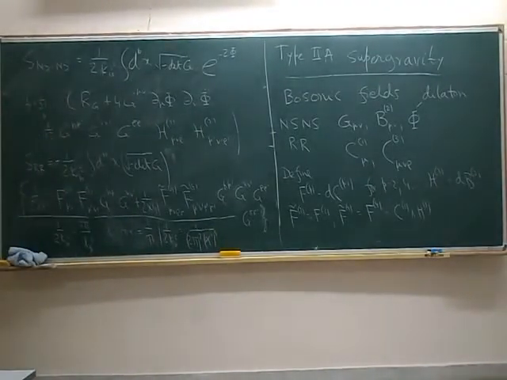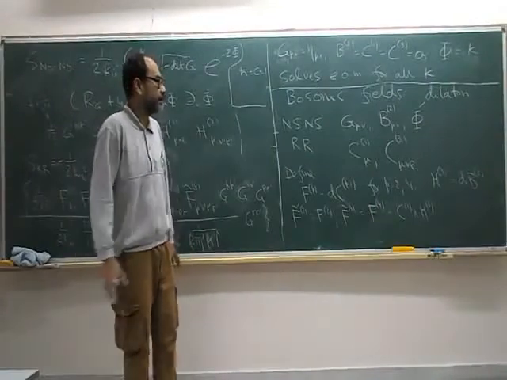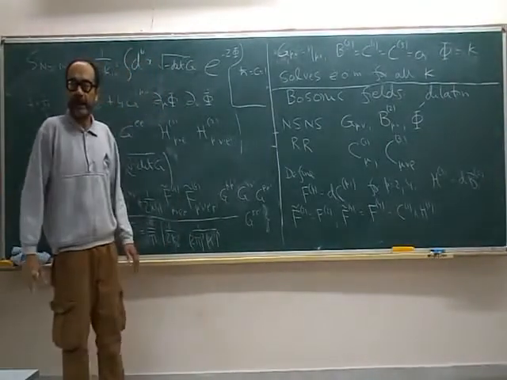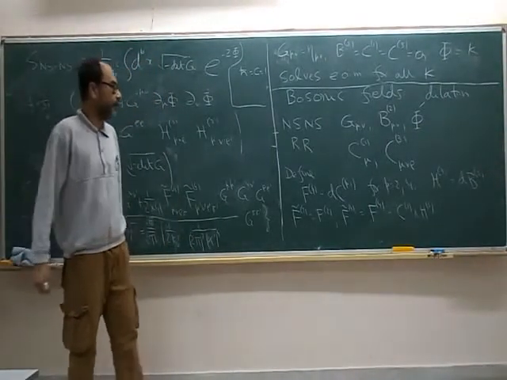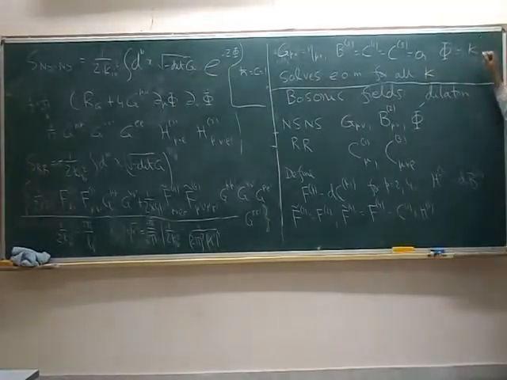Okay, that is the normalization that we will be using, but you should keep in mind that this is just a convention, because the phi is not fixed by the equation of motion. Any arbitrary phi will solve the equations of motion. So this is what we call moduli fields, scalar fields whose value is not fixed. It can take any arbitrary value. So phi is the simplest example of what you will call a modulus field in supergravity.